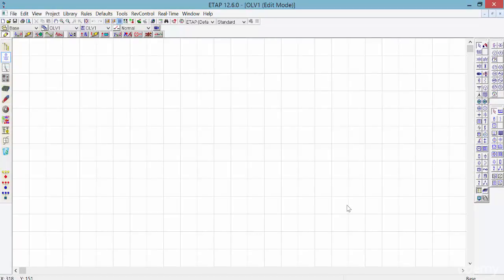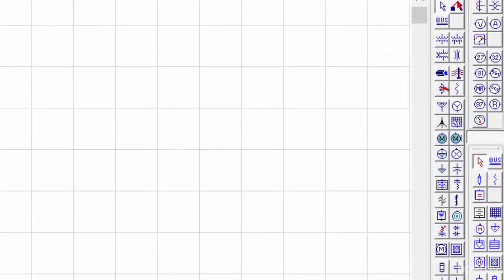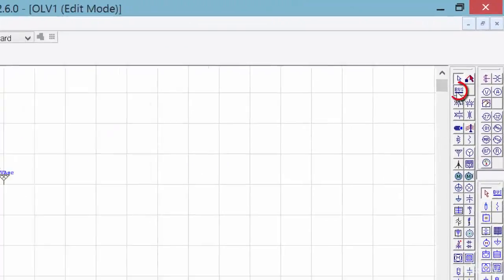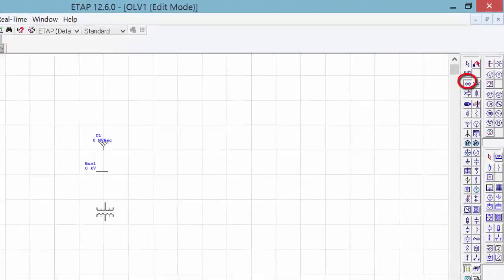Now together we're gonna build a simple one-line diagram by bringing the power from the power source to the load. We can easily drag and drop each element needed from the element toolbar to the model space. In this sample project, we're gonna need a power grid, a bus, a 2-winding transformer,